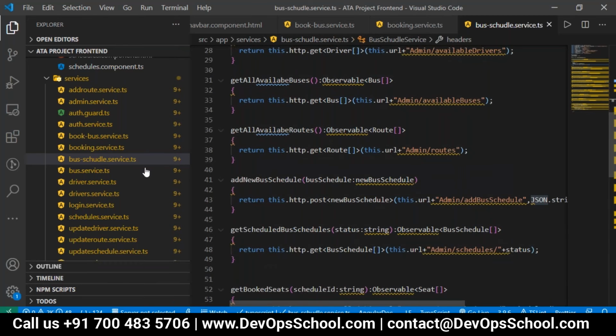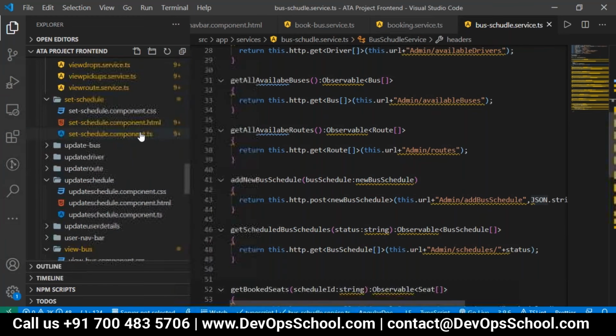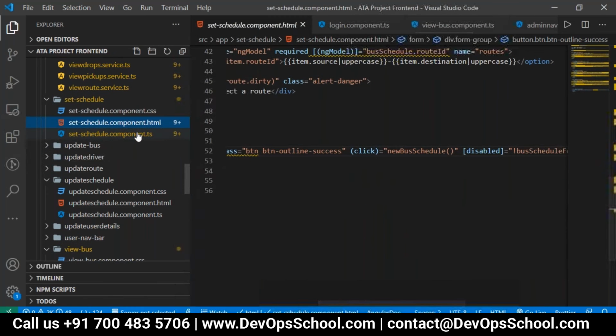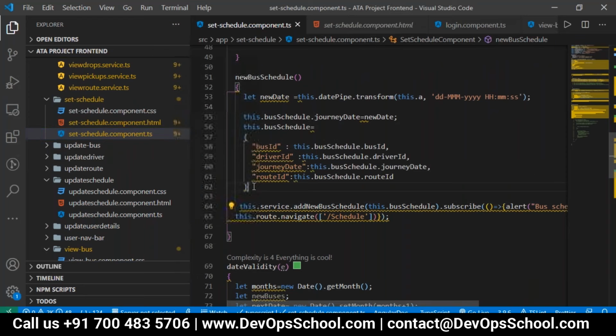The major point here is how we are sending the JSON data, because two different applications will be interacting only through data. So this data you have to construct according to the API documentation. The backend API is expecting the JSON in this format. So we have to construct the bus schedule object.